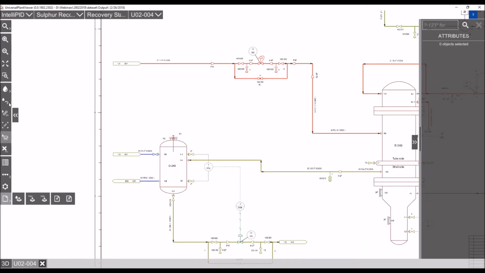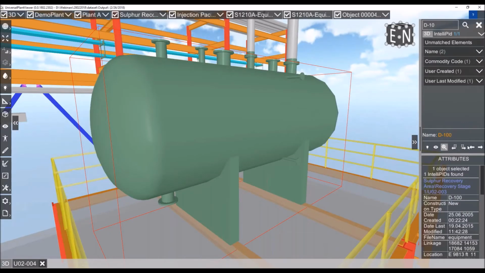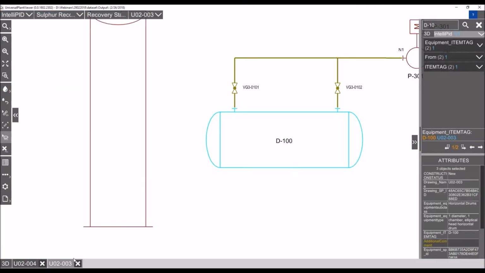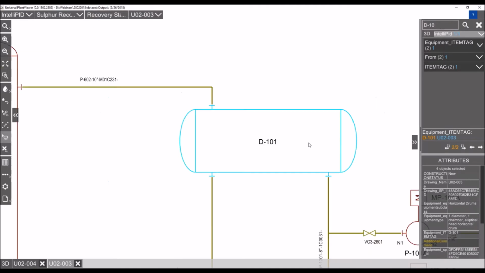As a next example, I want to show you the search function. If I click, for instance, D10, I will find some objects in 3D and some objects in P&ID which match with this search. So in 3D, I found 2 vessels. I can switch from one to the next. And in PID, I have apparently two equipments which are located in this drawing. So I can open the drawing, it will automatically open, and it will give me the possibility to see these